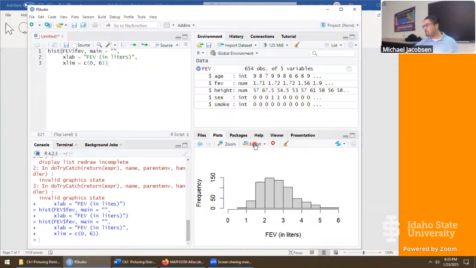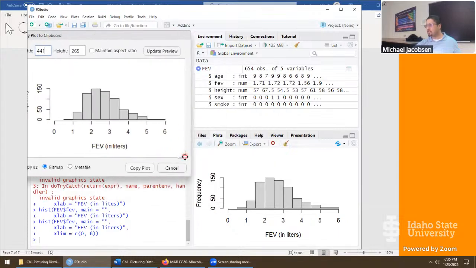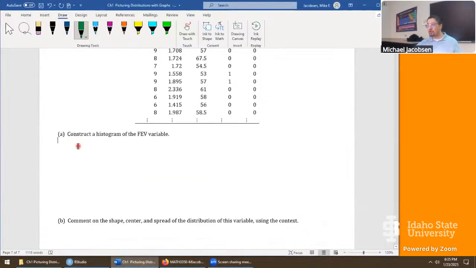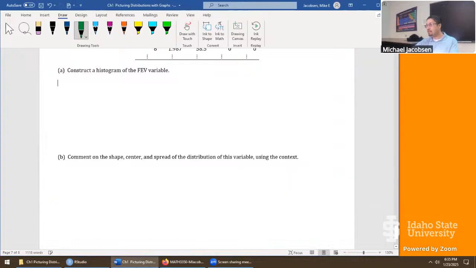If you're having the same issues as me, click on the export, copy to clipboard, and again, just a normal snipping tool will work. In fact, you can just hit print screen. Let's see, where is that on this keyboard? That'd be function and the key above delete. But that's really heavy-handed because if you go the print screen route, you've got too much information, really. We just wanted that part there.